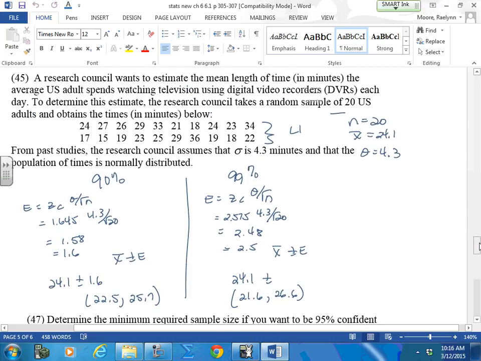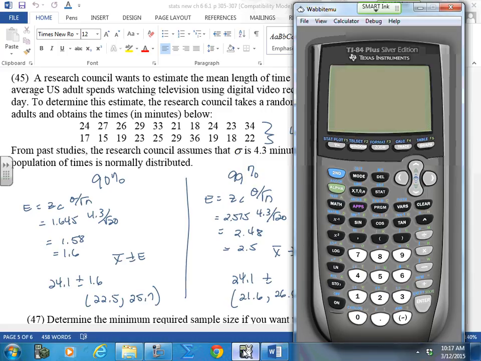Okay, this was a good one, because you can do this right in your calculator. If you put this in your L1, you have 2 choices. You can do your one-var stats and find your mean; your standard deviation we don't need because we're going to use our population standard deviation. You can find your mean, you know there's 20, and just do what you need to do. Or, you can put it in your L1, and when you go to your calculator,